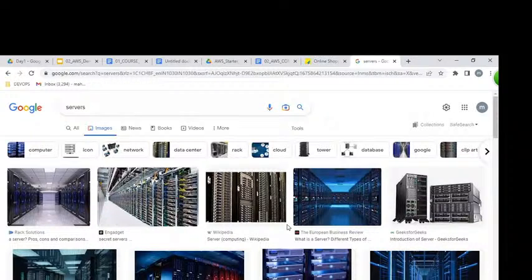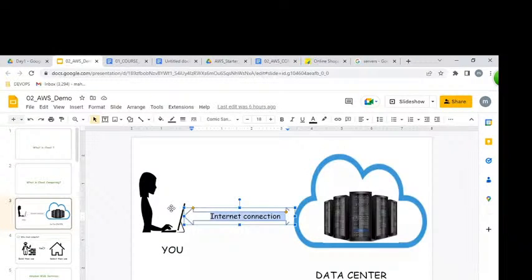Remote means somewhere else, like in the US, Singapore, or Mumbai. A resource is either a server or network or databases or storage. If we can access remote placed resources over the internet from your laptop, that is cloud computing. I hope you understand very clearly what cloud computing is.